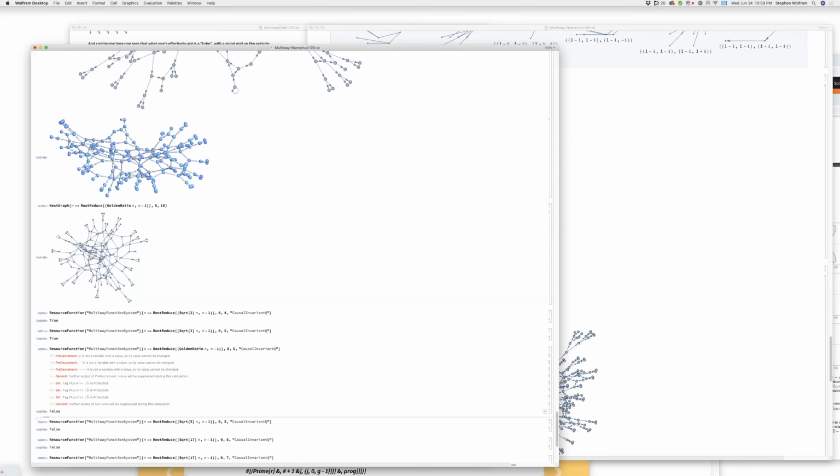What the heck is that? What did I do here? I don't know. What on earth is that? Confused we are here. I don't see anything wrong there. Well, I suspect that's a bug in the multi-way function system code, because I think if we just do nest graph here,